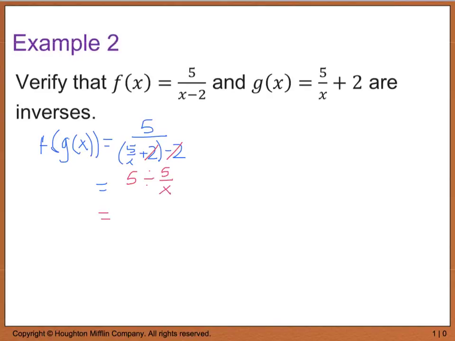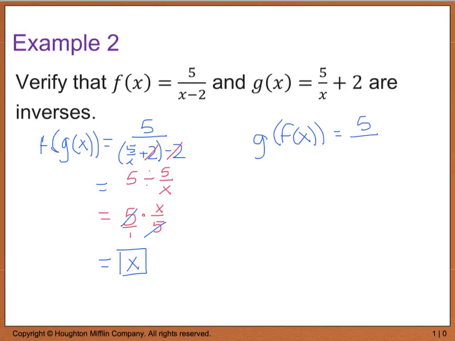And if you remember, dividing by a fraction is the same thing as multiplying by the reciprocal. And when I do that, I see that my 5's are going to cancel, and we're going to be left with x. Now likewise, over here I'm going to do g of f of x, and that's going to give me 5 divided by x minus 2